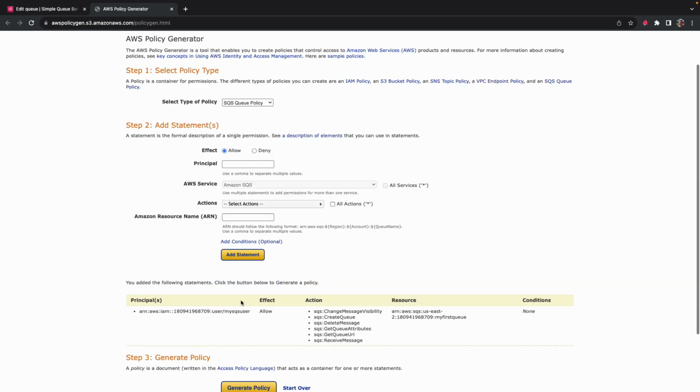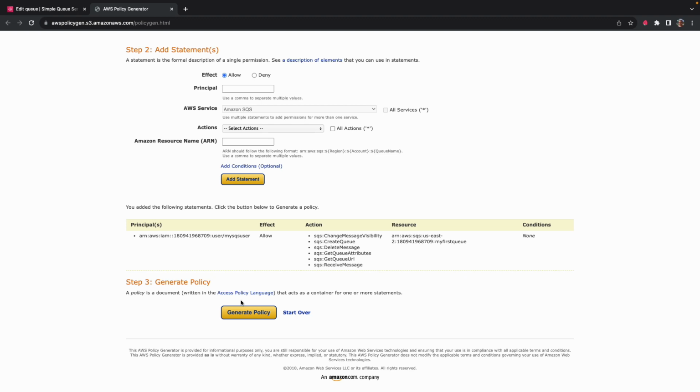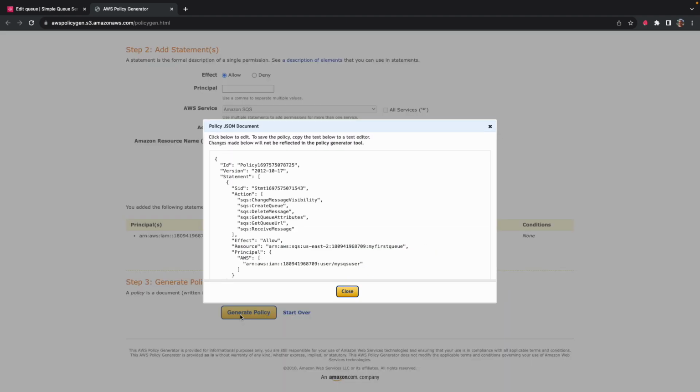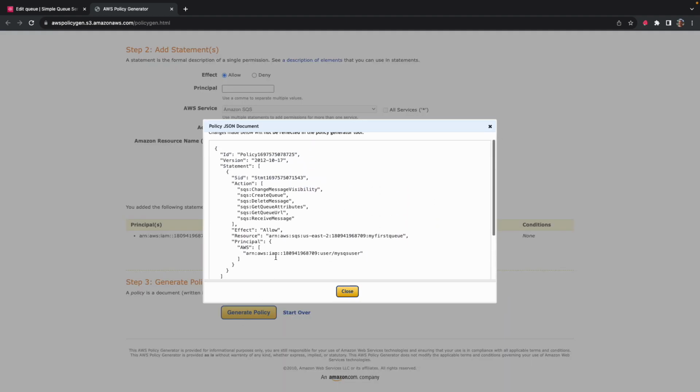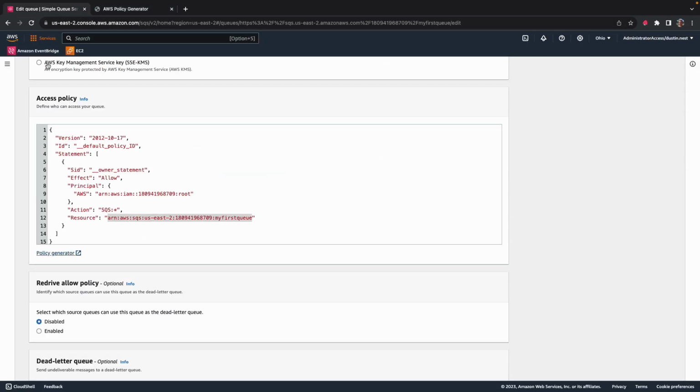Finally, let me click Add Statement. These will now show up down here for my principal and my resource, and I'll click Generate Policy. Let me go ahead and copy this out. I mostly need what's in between the statement section. So I'm going to copy that section, click Close, and when I go back over here, I'm going to add